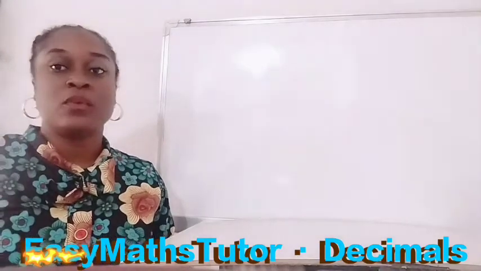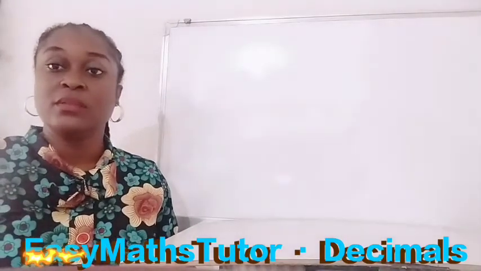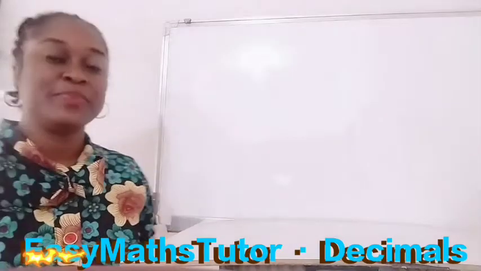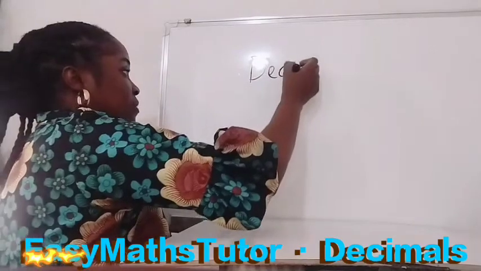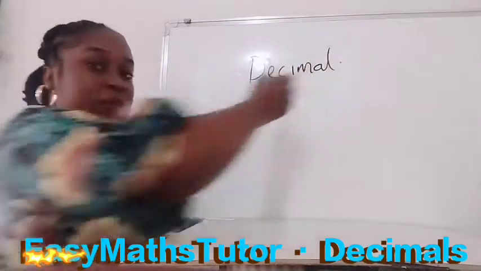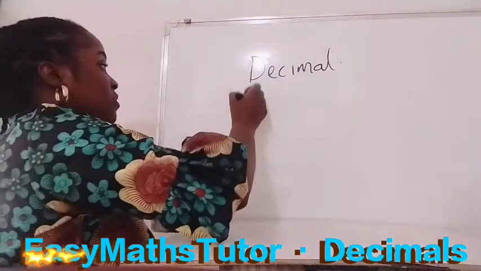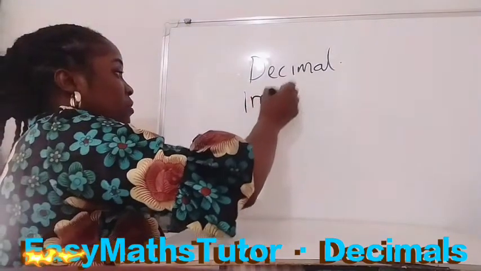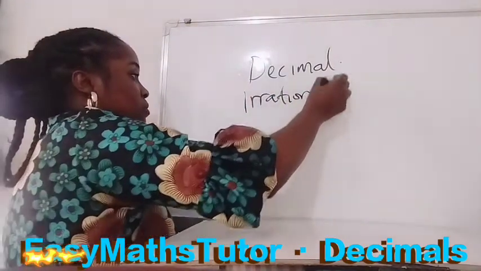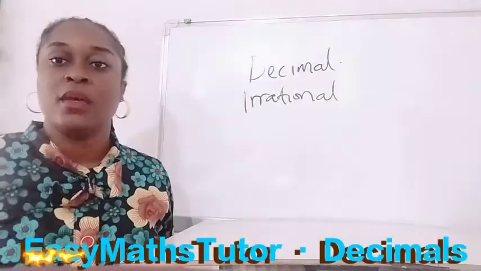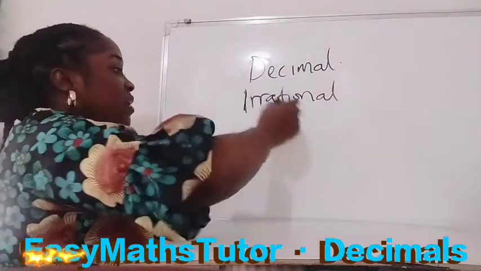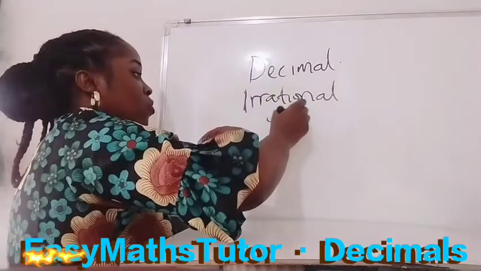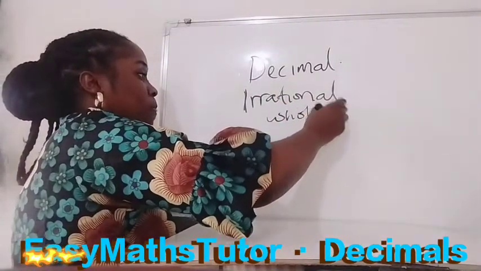So first of all, the question: what is a decimal? A decimal is a number. A decimal is an irrational number. Okay, it's irrational because it cannot be divided to get a whole number,